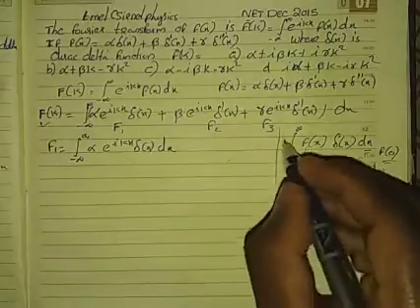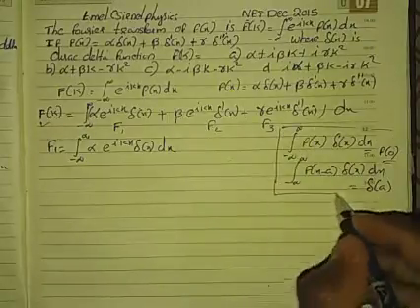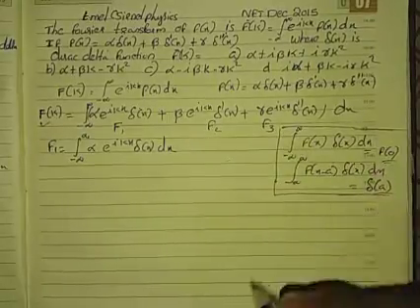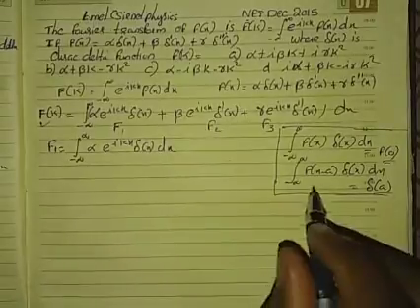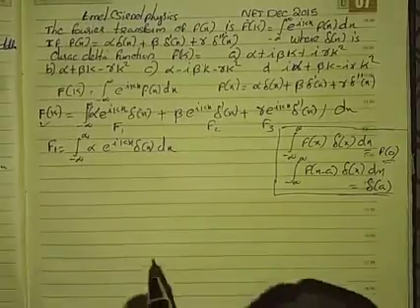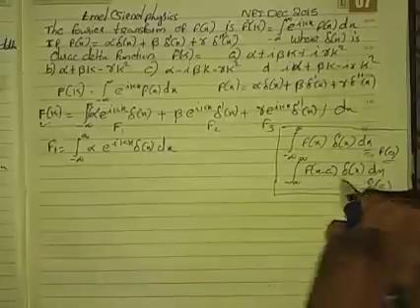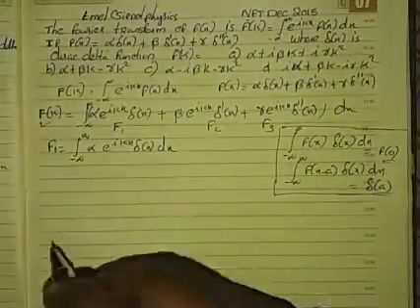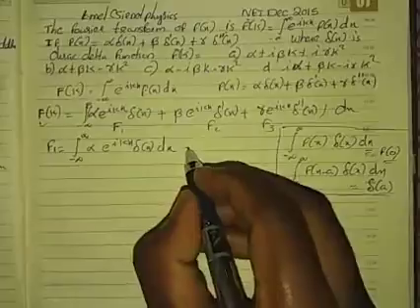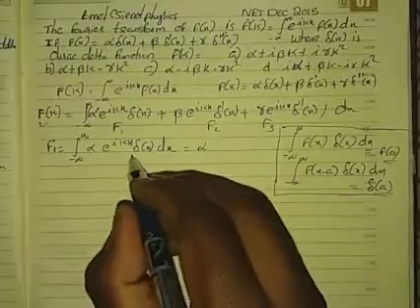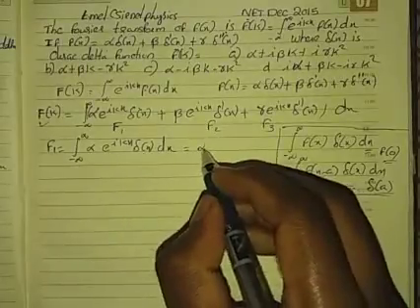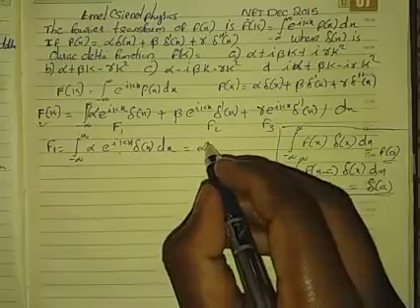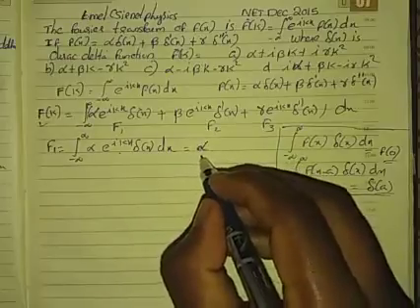That's the integral condition for the delta function, the condition for integrating a delta function. We have already discussed all these things in earlier problems, so I'm not going to go over that again. I'm just going to write down that the integral of f of x into delta of x is f of 0, which is e raised to 0, which is equal to 1. So it's alpha times 1, or equal to alpha.